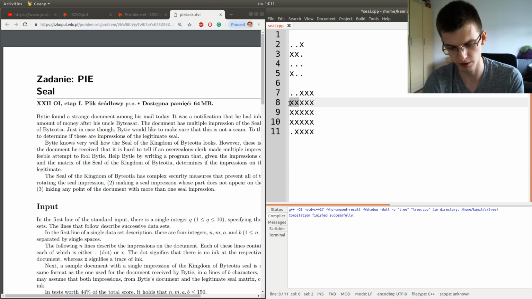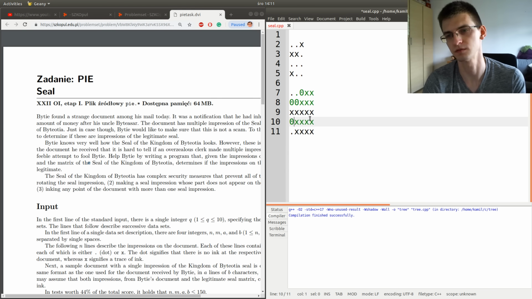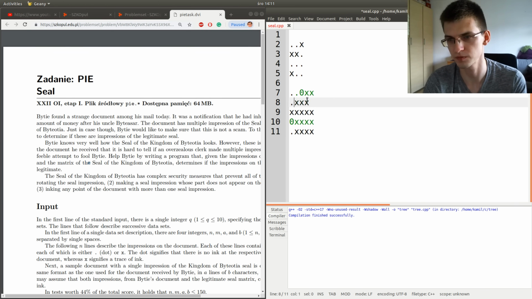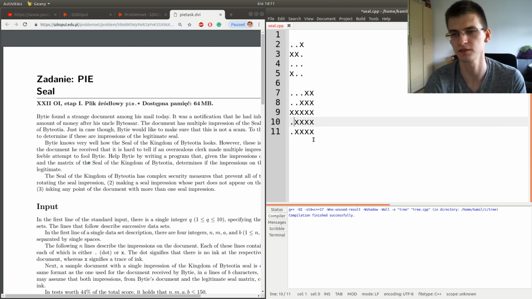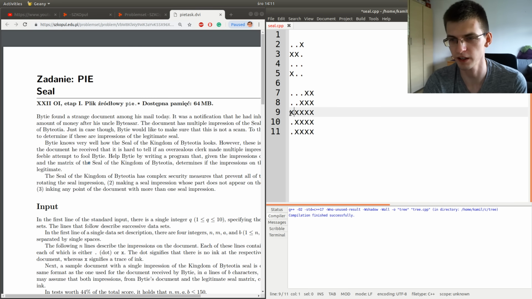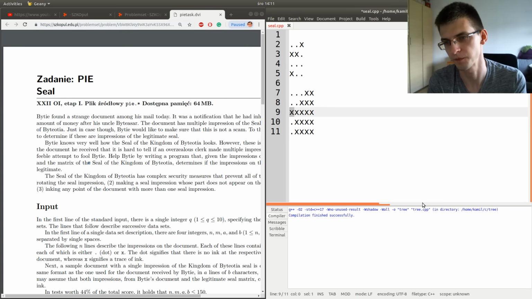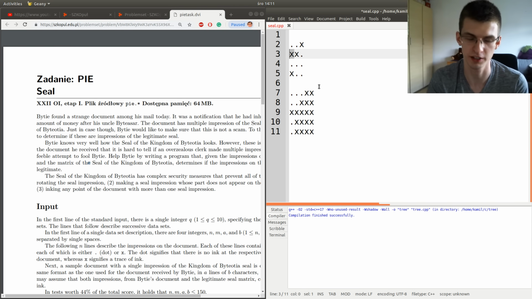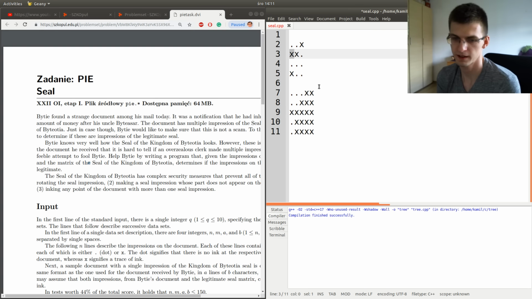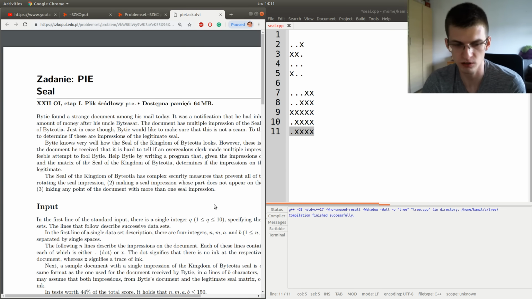And after putting it, these cells would be covered, and we would turn them into empty places represented by dots, and we would repeat. So we again find the leftmost topmost x, and we must put the same x in that place. And so this algorithm we can easily call greedy.